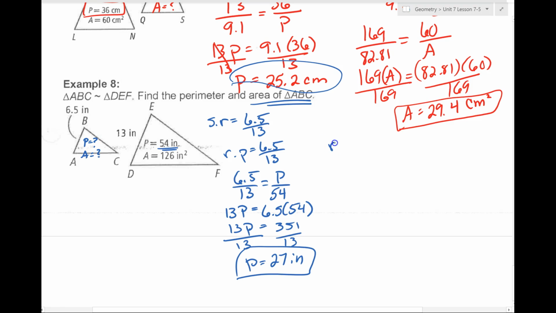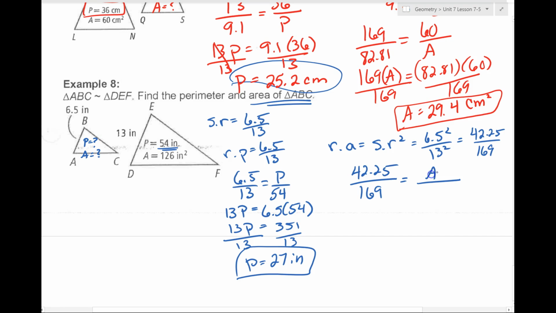Then I've got to find the ratio of area. Remember, that's your similarity ratio squared. So I'm just going to go 6.5 squared is to 13 squared. So 6.5 squared gets me 42.25. 13 squared is 169. So we go ahead and plug it in. So 42.25 is to 169 is the same as,